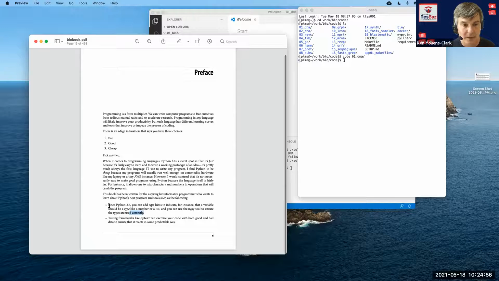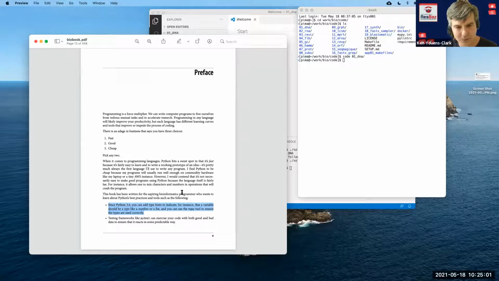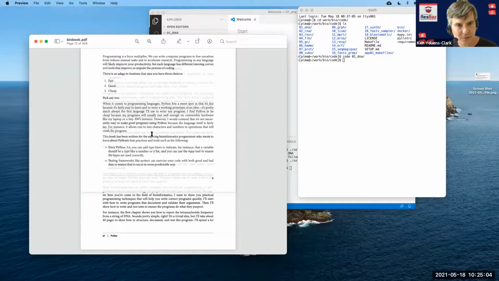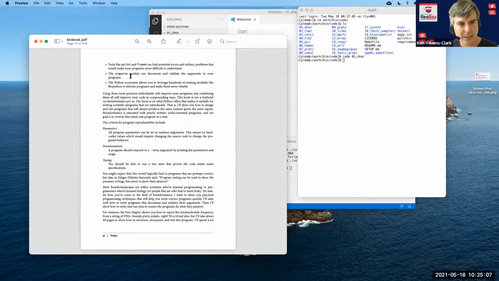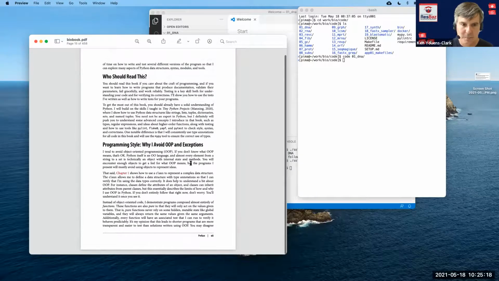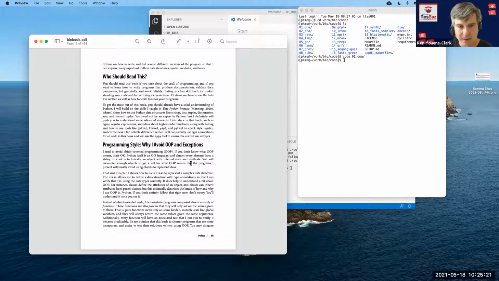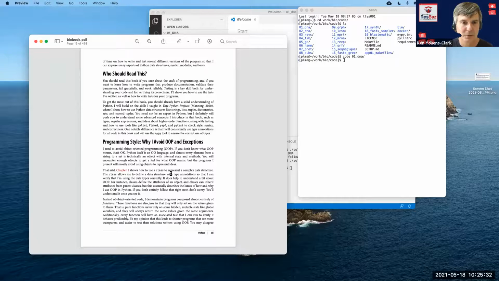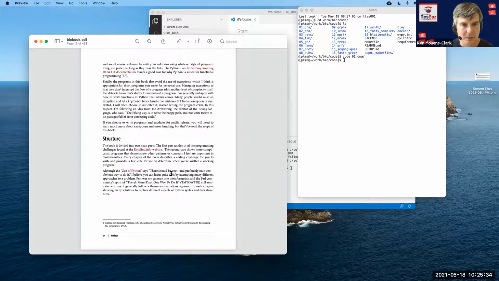Here I note that since Python 3.6, you can add these type hints. So if you have anything older than 3.8, really, you should upgrade. And I talk about using PyTest, PyLint, Flake8, and another one I'm going to introduce here is argparse, which is basically how we can document the parameters to our program. And so I talk a bit here about object-oriented programming and why I'm categorically opposed to it, and why I even avoid exceptions. I tend to try to stress a purely functional approach, and if that doesn't make any sense to you, I think it would after you read a lot more of my code.